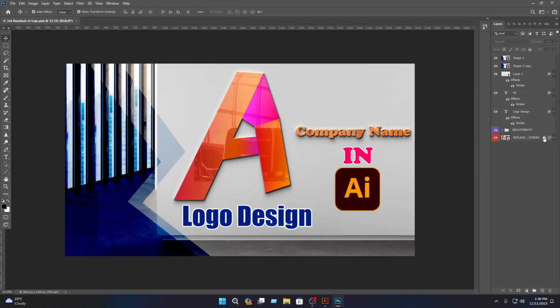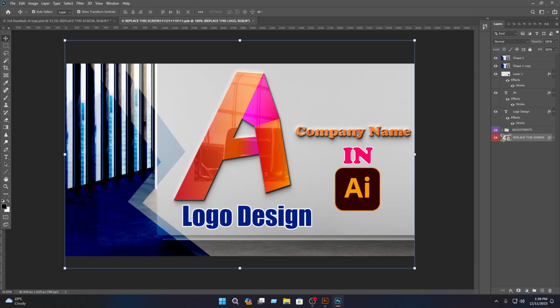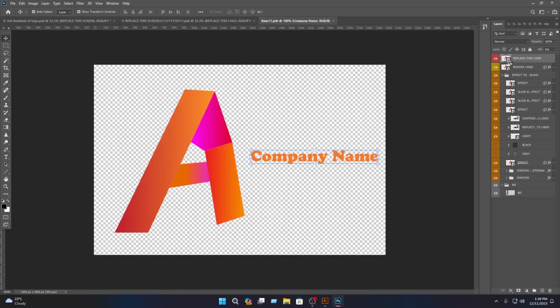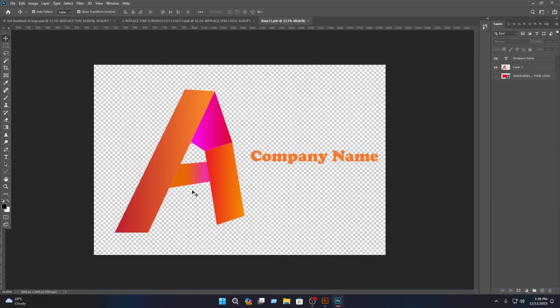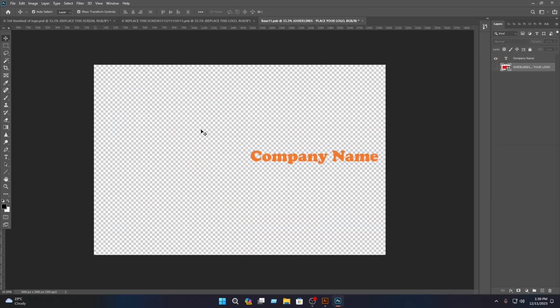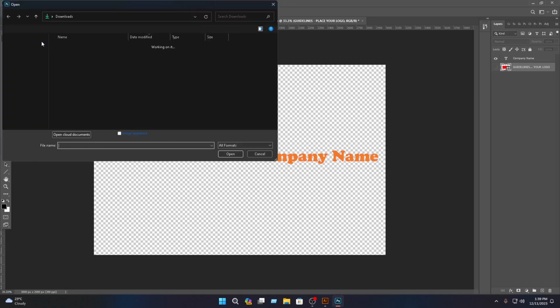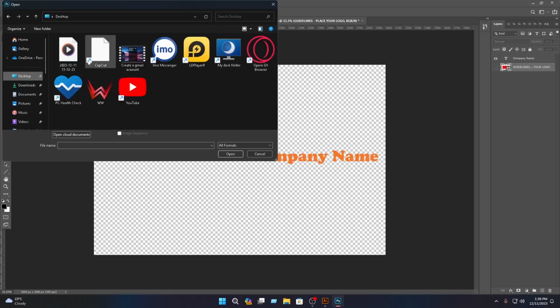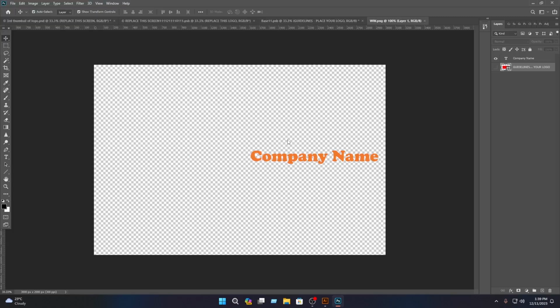After opening the mockup, you have to unlock this, then double click on here. Then you have to double click on here. Then select the logo, then press the backspace. Then you have to open the exported logo. Then select this and drag this in here, then set this in here,